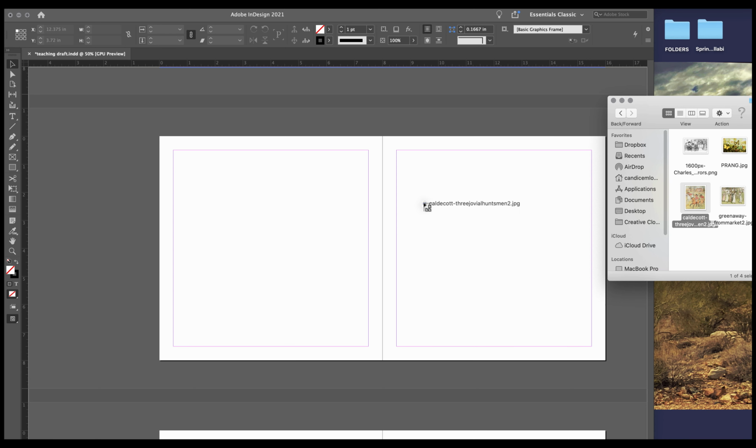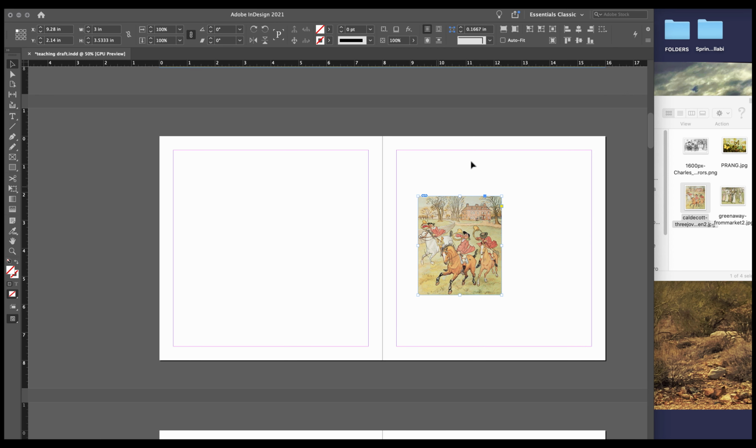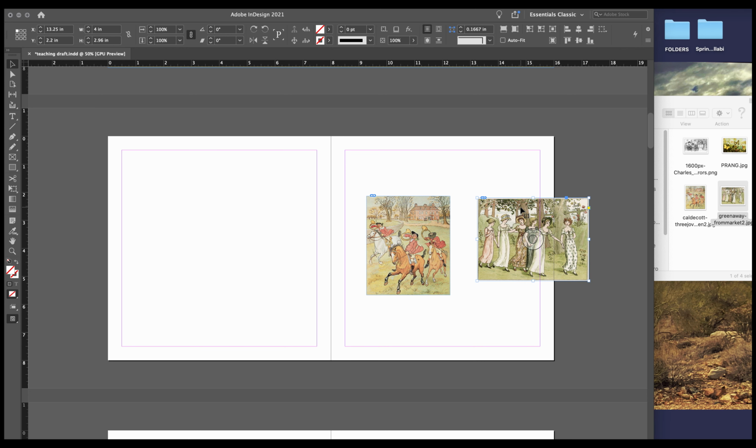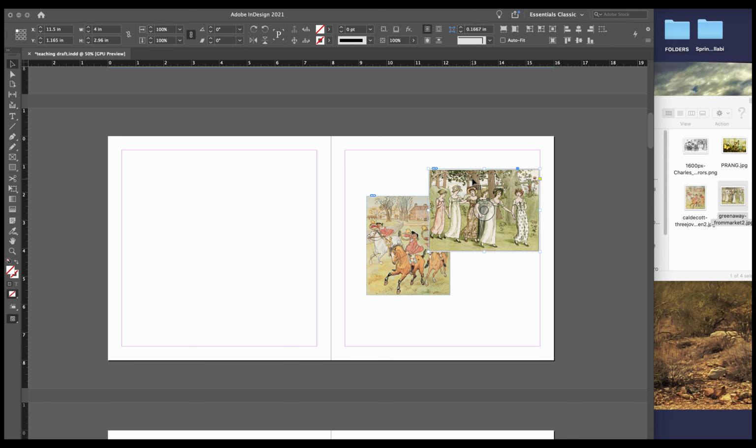So let's say that I wanted to place this into my layout. I could just drag it and it's going to come into the layout. The problem is that I am going to have to be controlled in my layout by the proportions of the image because every image is going to be a different proportion. Do you see what I'm saying? Like these two are not the same proportion. But I could choose to use the rectangular frame tool, and instead of the image size controlling me,